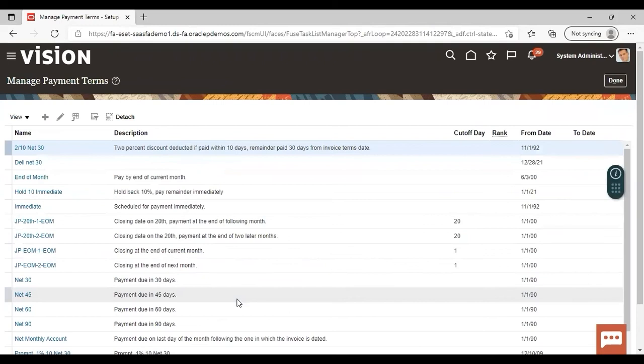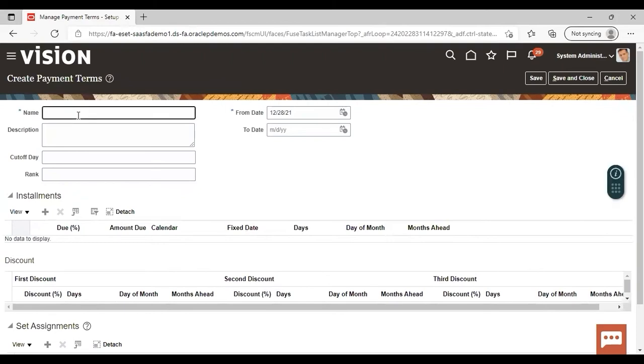Now for creating a new payment term, click on this add icon. Now here give the name of your payment term. If you're creating an immediate payment term, give any name here; I'm giving Dell immediate.